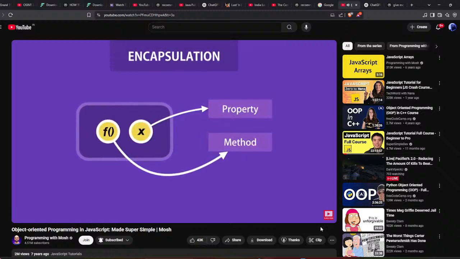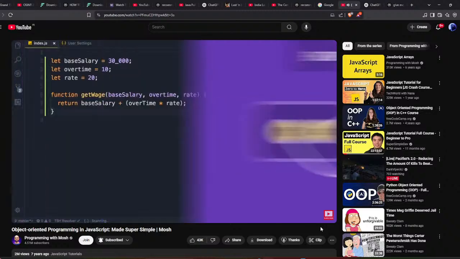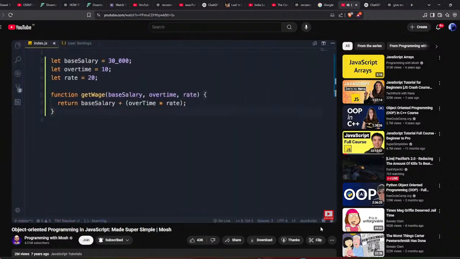Let me show you an example of this in action. So here we have 3 variables: base salary, overtime, and rate. Below these, we have a function to calculate the wage for an employee. We refer to this kind of implementation as procedural. So we have variables on one side and functions on the other side. They are